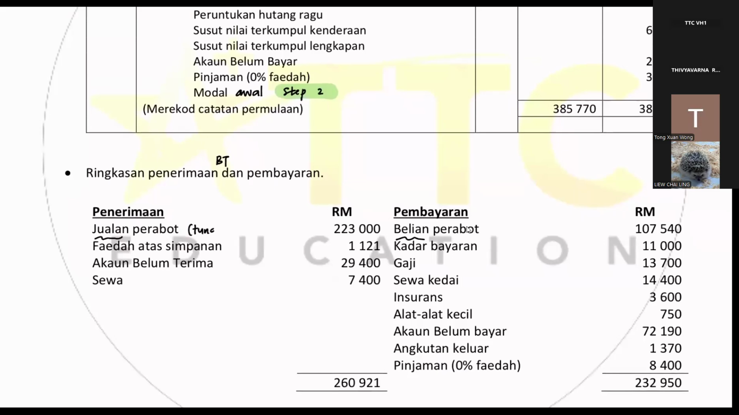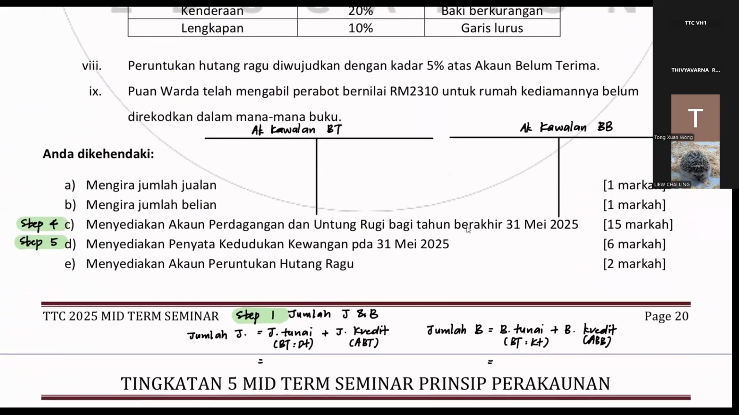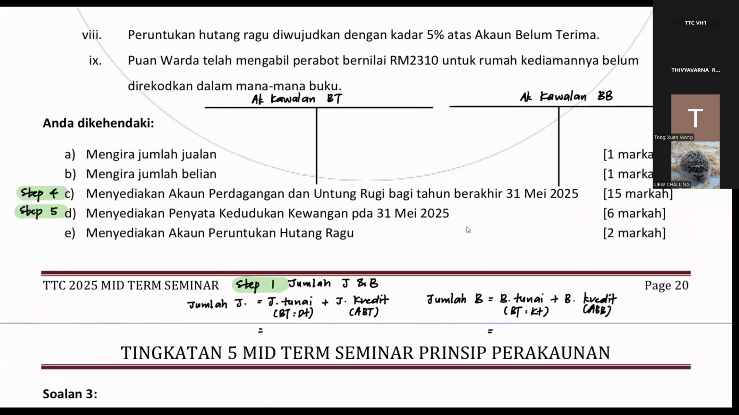So in case you get confused, make a remark here. This is the berlian and jualan tunai for us. And since we got the value already, copy down the value into the formula. It is 223,000 jualan tunai. Berlian tunai it is